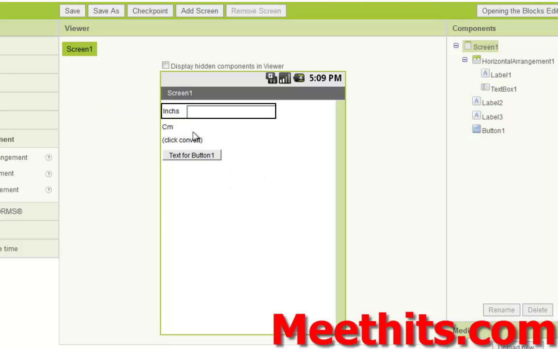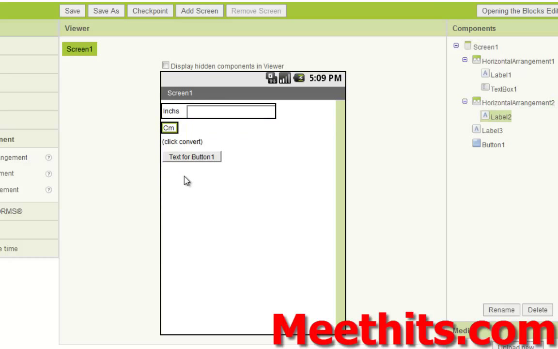Now it's looking much better. Do the same for centimeters. Drag the text and the other text. It's better to add an equal sign and a space here.